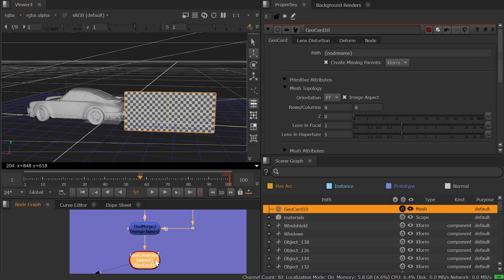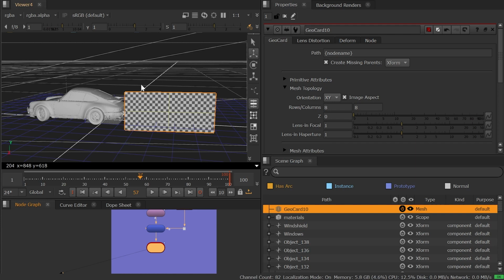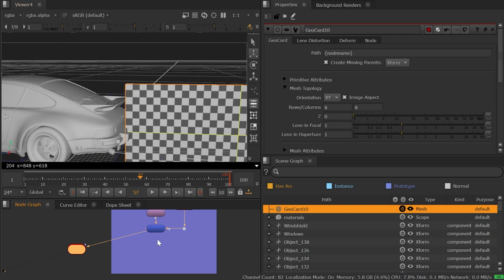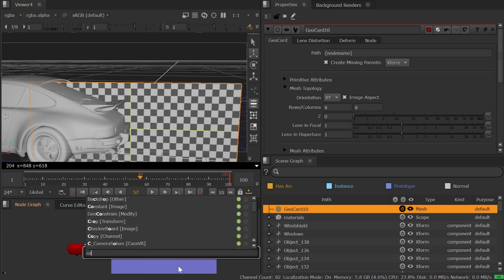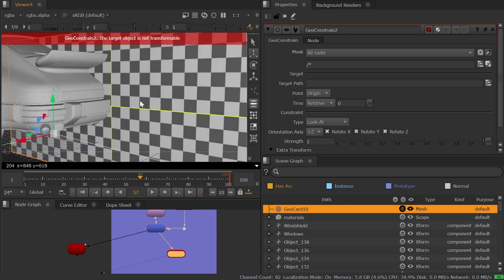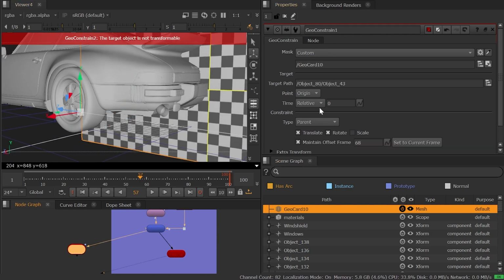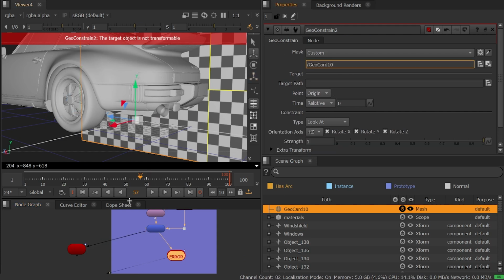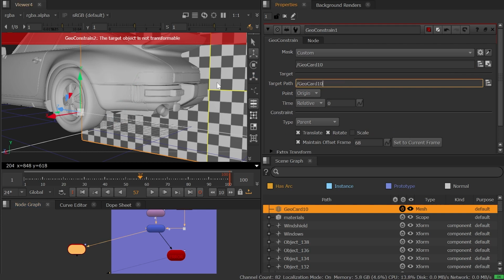So this is a more nodal approach, and this means that if the animation of the car changes, it'll update. This node will update to wherever the new animation is, and then we'll still have that constraint. Now, another way that we can constrain if we need to be more precise is that let's create another constraint. And this time what we'll do is we'll actually still do the same objects. So we want our same card,